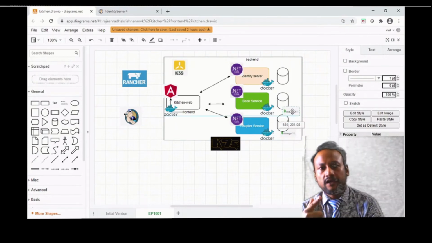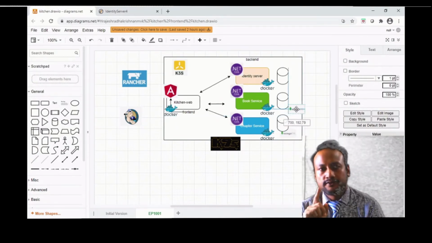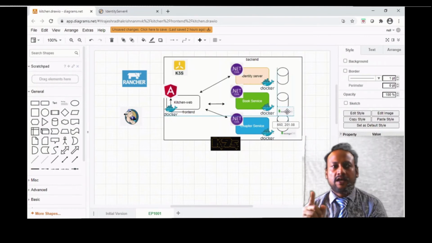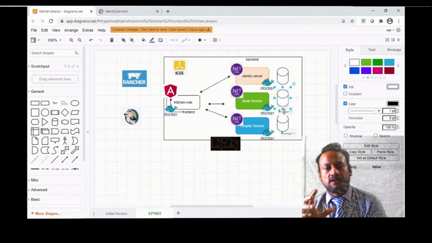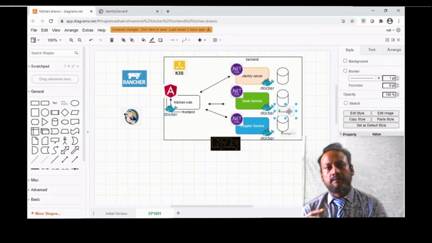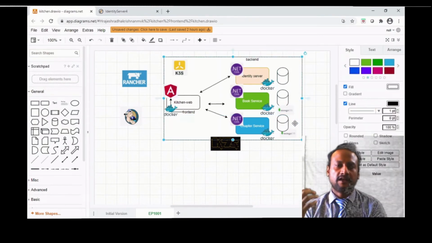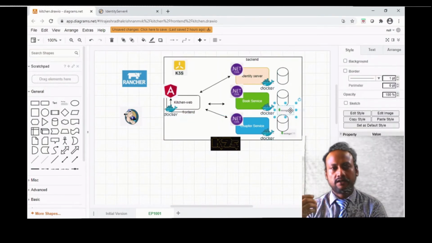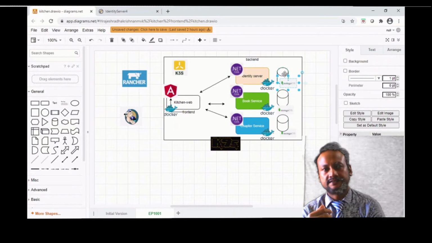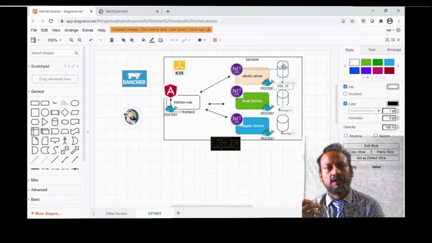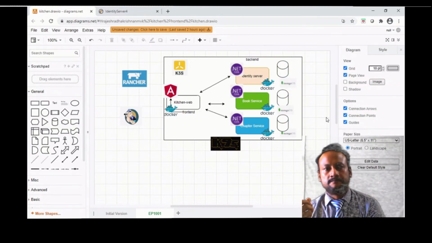The next part of this is we will see how to use Rancher as a service and how to use Popeye, because a lot of things are happening behind the scenes, and if we want to monitor it, I just tried Rancher. It's pretty awesome. So let's see.